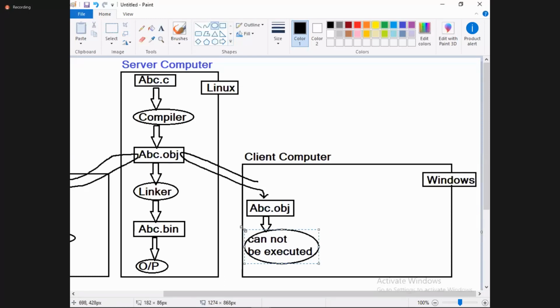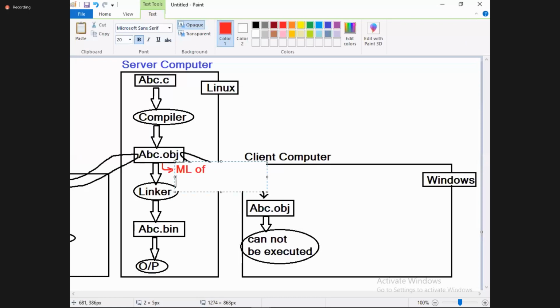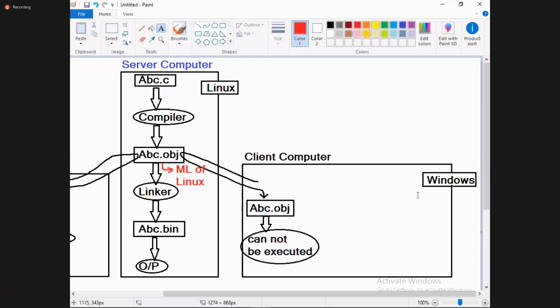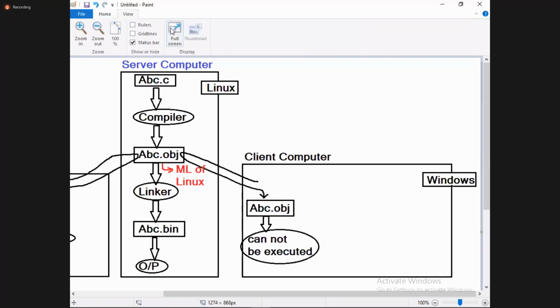What is the reason? Why can it not be executed here? Because inside the abc.obj file we have machine language of Linux. Okay, it has a machine language of Linux, which is not understandable to the Windows OS. So finally, my answer,